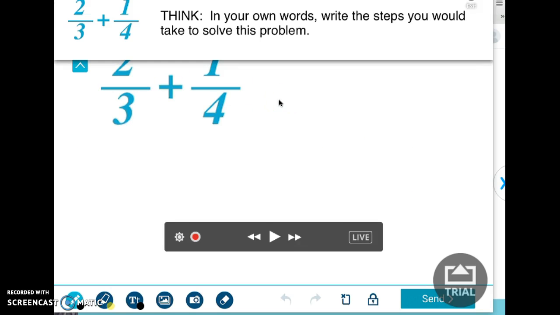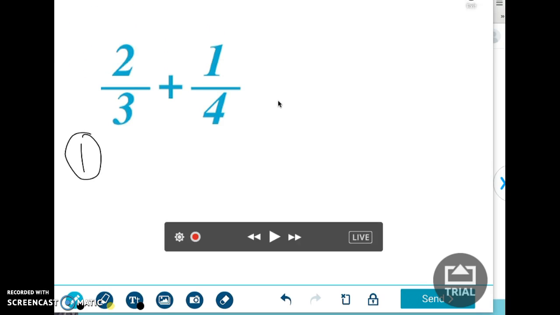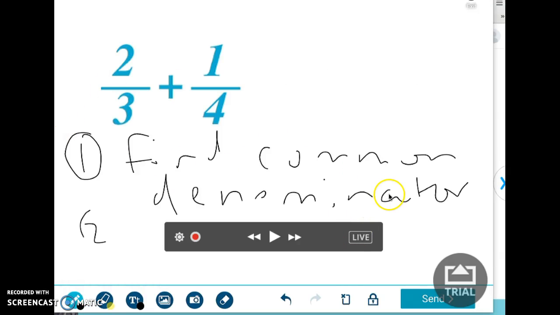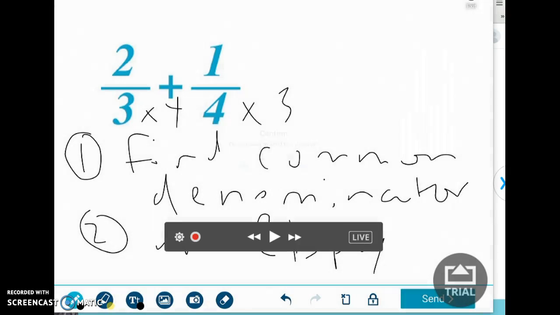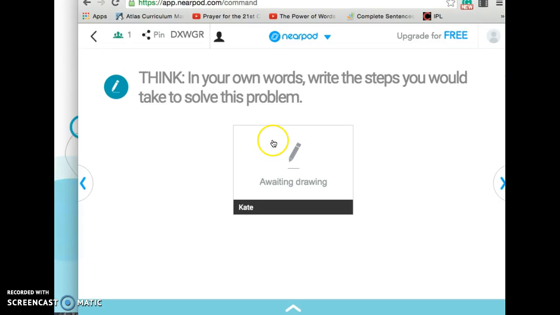They have the question on top and the capabilities to type. So the student here can draw, they can use typing if they'd like. And as they are responding, on my screen I just see I'm still awaiting that student's response. And once that student has completed, this is the student's page, she will just click send when she's sure that she's finished. And the thank you screen comes up,